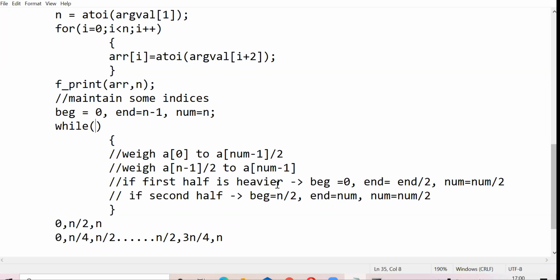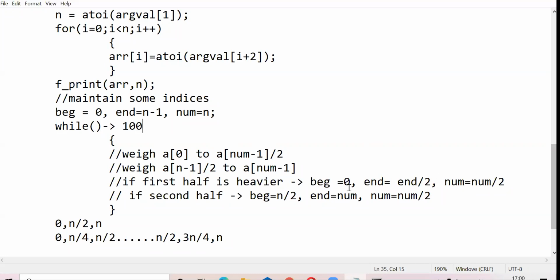Okay, assume that your first half was heavier. What will happen in the next iteration? You are going to weigh from A0 to, now your num has become num by 2. So see how it is working. We said that this num was 100 initially. So here I have checked from A0 to A50 and A51 to A99.